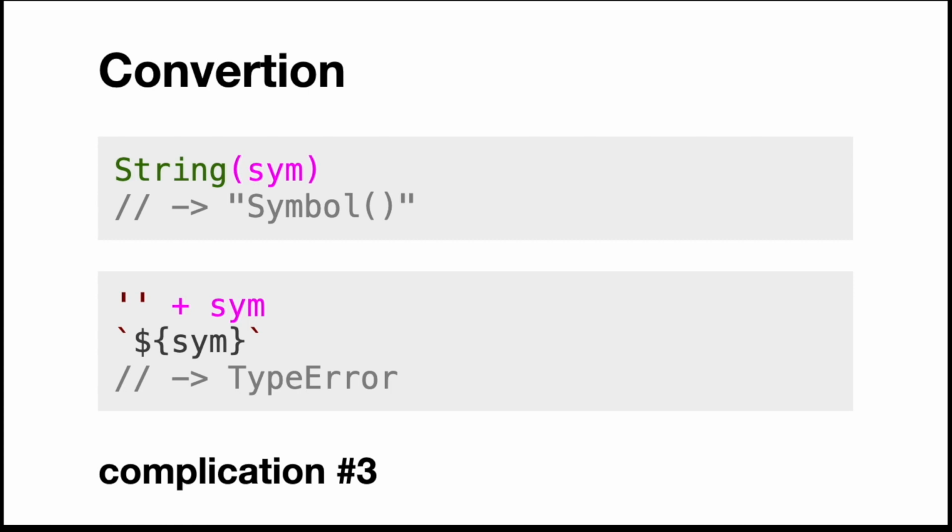Why is that? That's actually very good, and it's there to protect you. Because, as I said, if you convert a symbol to a string, it's not useful. It's not supposed to be shown to the user. It's not supposed to be shown anywhere. So if you know what you are doing, it will do it for you, but it will warn you if you are doing something weird. I kind of like that, but again, it's confusing. Complication number 3. That's all the primitives it makes sense to convert it to.